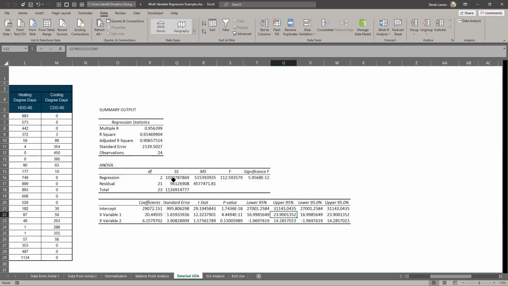But the problem is these are all just hard numbers. So if I change the data over to the left, that won't update anything over here. I would have to change the data and then rerun the analysis. So you notice here that Excel auto-named my variables X variable 1 and X variable 2. Well, one of those is heating degree days and one is cooling degree days. Which one is which? I don't know. So the way to fix that,